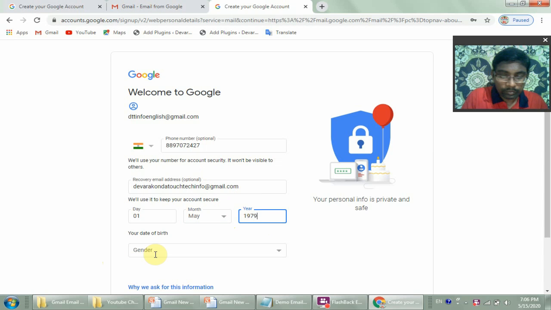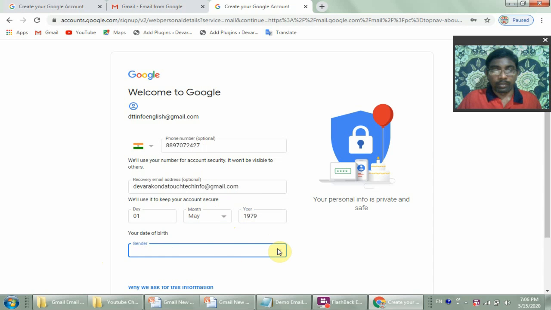Now after typing your date of birth, select your gender, either male or female. Today the internet or website may be slow. Internet is checked, fast.